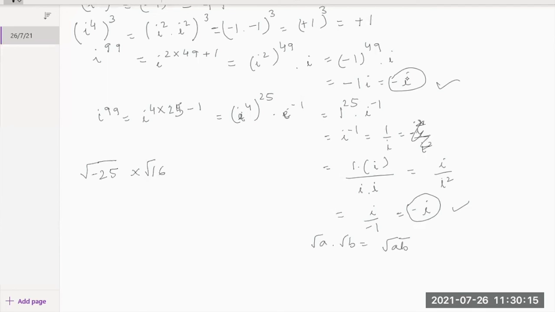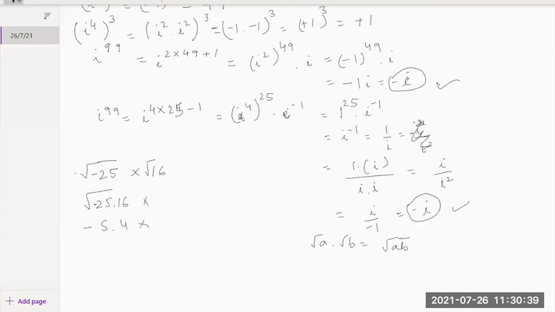If you apply this concept, then this is going to give you root of minus 25 into 16, with the minus sign here, which is absurd. I cannot get the answer. I cannot write it as minus 5 times 4. This is also not valid. All this is wrong. So therefore, you need to remember the fact that this has an expression.